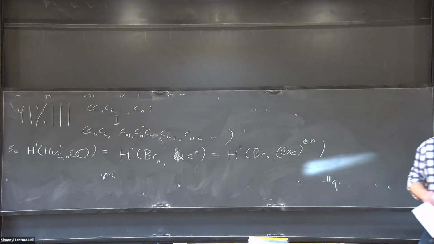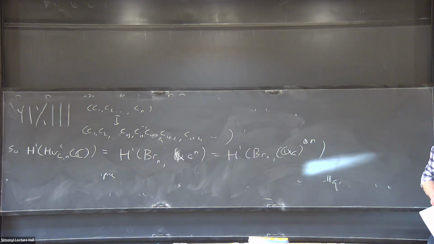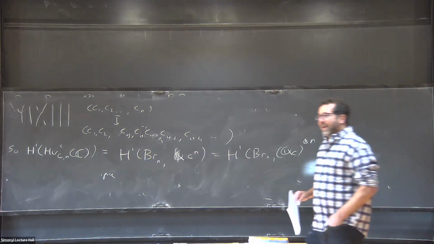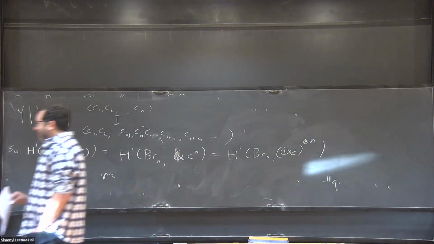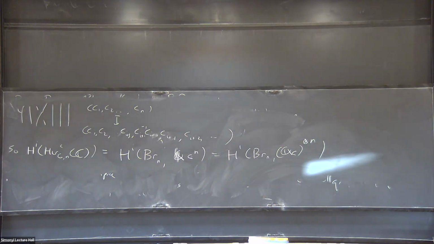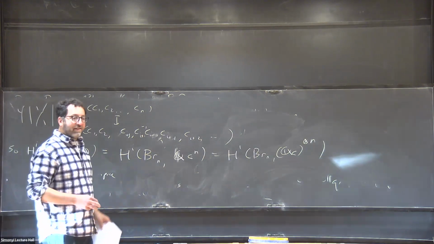And I write this to be a little bit provocative because this should look pretty familiar, right? If I have some vector space and its nth tensor power carries an action of the braid group, that's probably because it's what's called a braided vector space, right? So I'm a little confused now, because